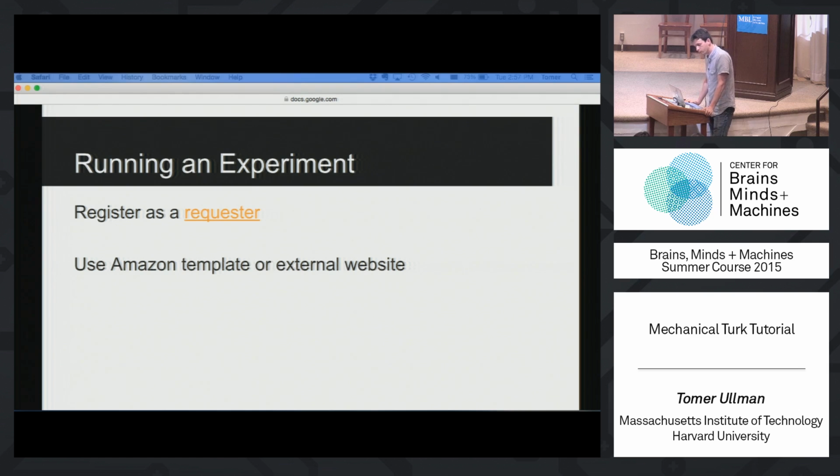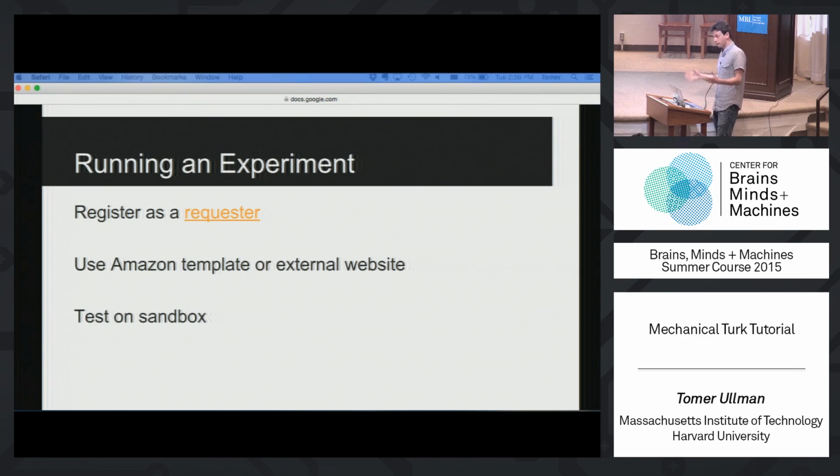The other thing that you could do is to point people to an external website. Then you would have to host it somehow. The advantage there is that you could do any sort of fanciness that you want. You could show them custom animations, have them play a game, record how they're playing that game, send them new things based on how they're playing that game. Or you could wait until you recruit two people. If you just recruit one person, it just says waiting, waiting, waiting. Now you wait for the next person. Now you pit them against one another in some sort of game. This has become more popular in economics. That's not the sort of thing you could do with the Amazon template, but if you're good at coding or you can hire someone that's reasonable at coding, you can do that by pointing them to an external website, and we can show some examples of that.